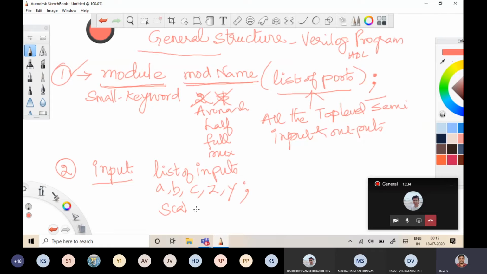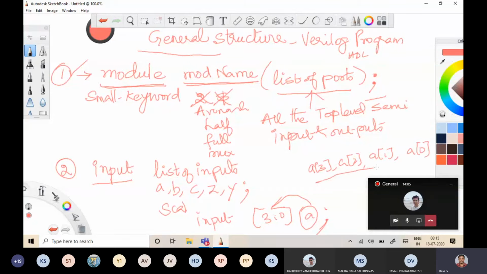If you want to represent a bus, which is nothing but a group of wires, suppose I want to define [3 down to 0] A. This is input using the keyword input [3 down to 0] A. What it says is A is the variable having 4 names: A of 3, A of 2, A of 1, A of 0.